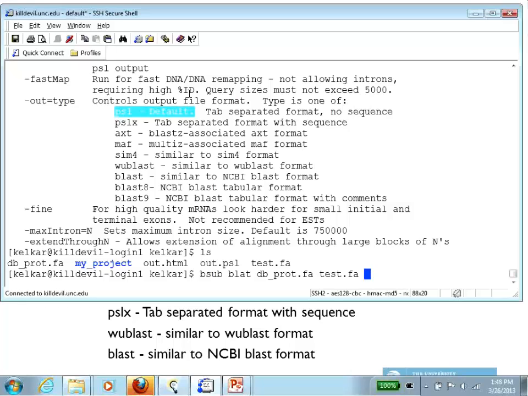Since we want to look at what the PSL format looks like, let's go ahead and run our first blat job, leaving the output format as the default PSL format. The last thing is the output file name that you want to specify. And this is pretty free form. You can specify whatever you want. I'm just going to say output